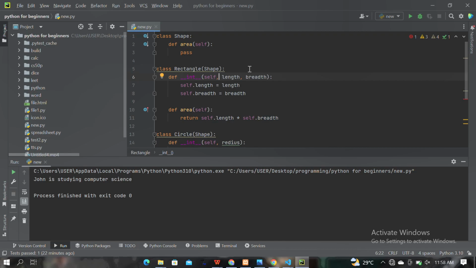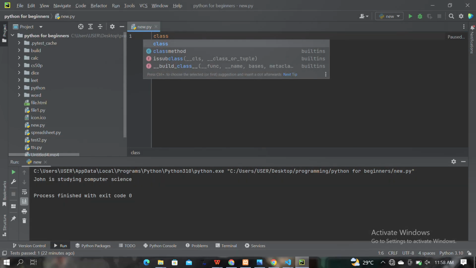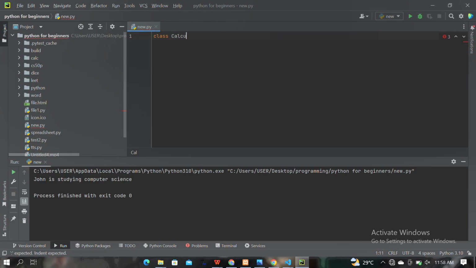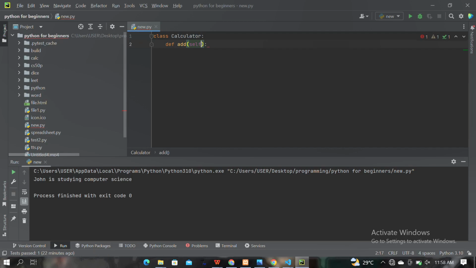So if you want to use default parameters, basically all you do is have a class, and you do def... so why do I keep forgetting this? So let's say we want to have A, B, then just in case the user doesn't pass C, we set a default value for C. This is why this one is not going to work very well, because what if the user was to pass a fourth argument? Your program is obviously going to crash. But if you just do return A plus B plus C,